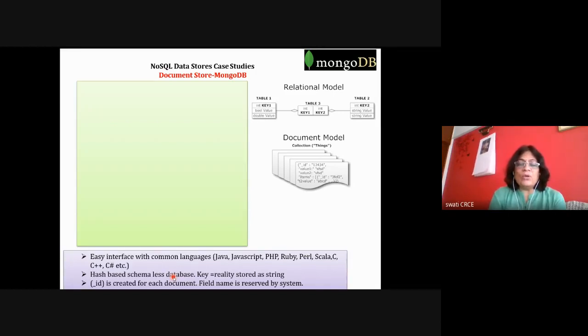Every document will have an _id created, which has some value; the field name is reserved by the system. MongoDB uses binary JSON notation, so everything is stored in the form of a binary kind of value.